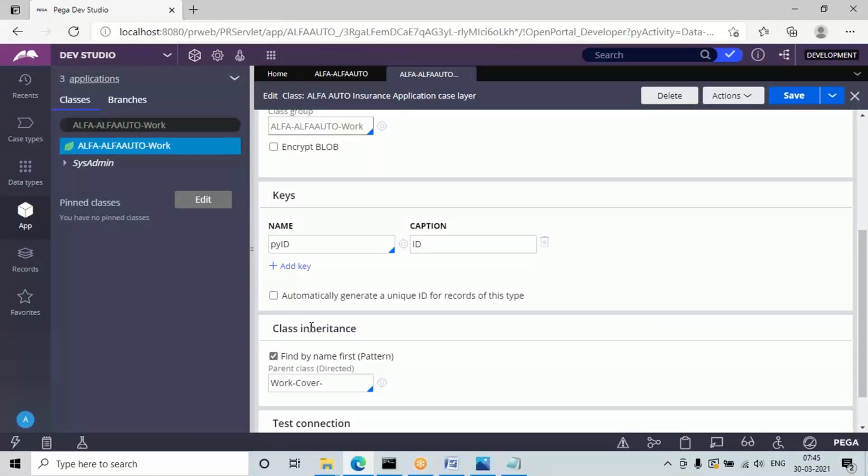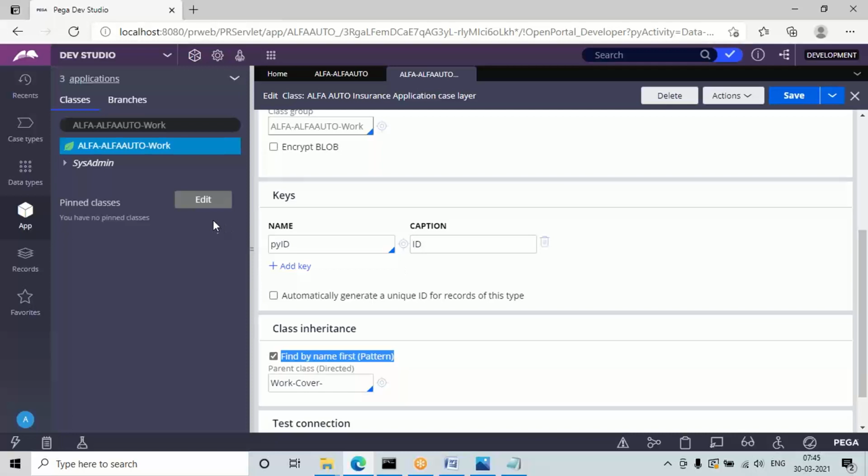you will see something called class inheritance. For every class which is generated, you can see one is pattern, and below that you can see something called directed. Pattern is just the connection between the user defined classes. It is represented by a checkbox, and any class if you open, this checkbox will be enabled. Another point in pattern is, for every class by default it will be there, and we will never remove the pattern inheritance. Don't worry, this checkbox will never be removed for any class.